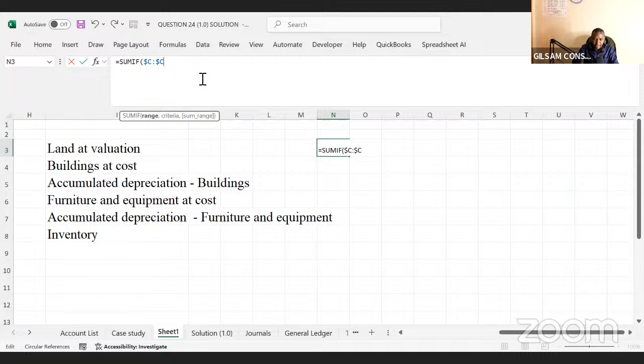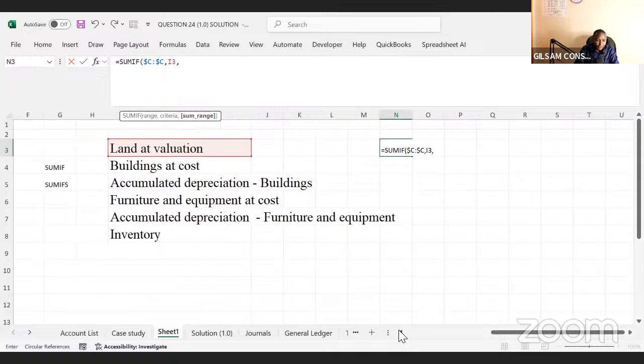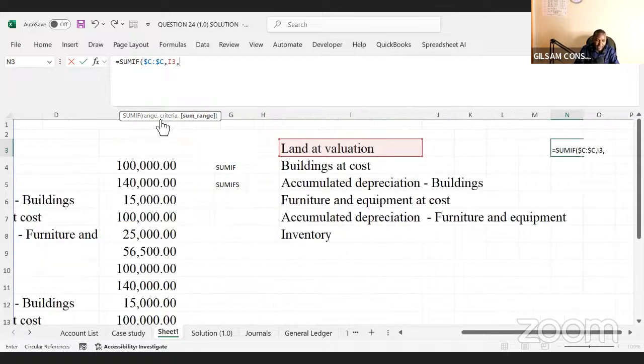I can put a comma here, and then it will ask me the criteria. The criteria is the one I want here in my ledger. So this is my criteria, and I put a comma. Now the second one is asking me for the sum range. So the sum range is for the values. So this is my sum range, which is in column,